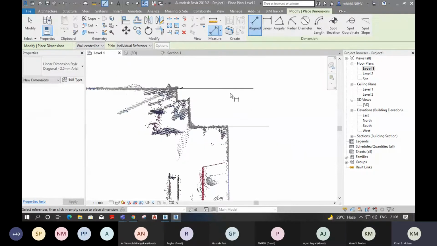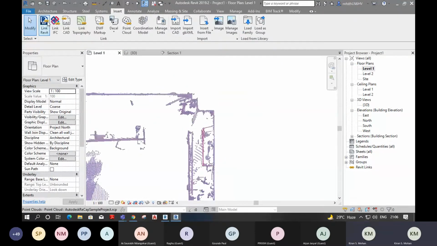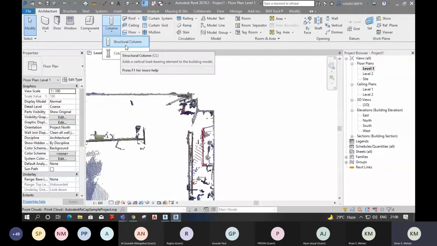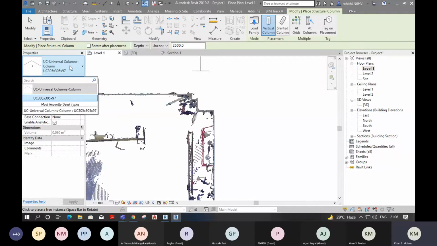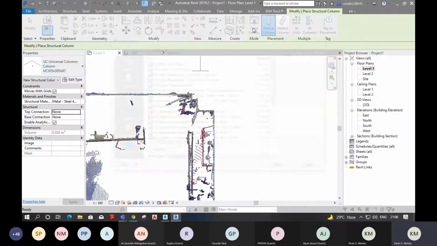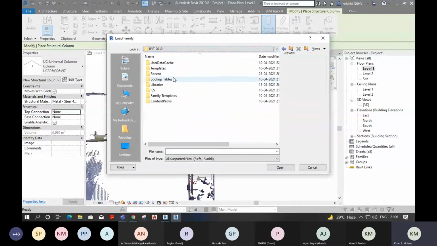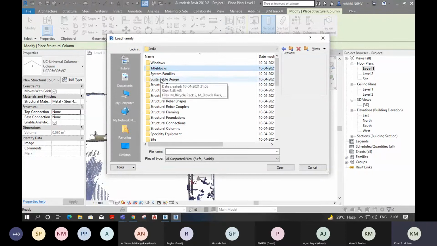So go to architecture. I'm selecting a structural column. Take a simple rectangular column.